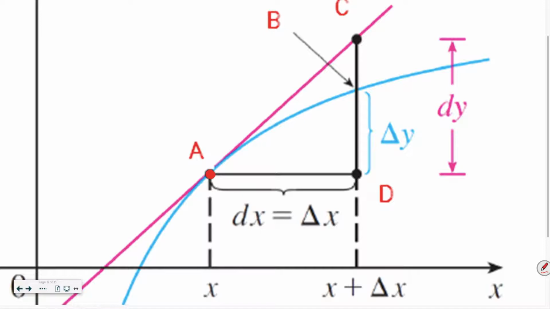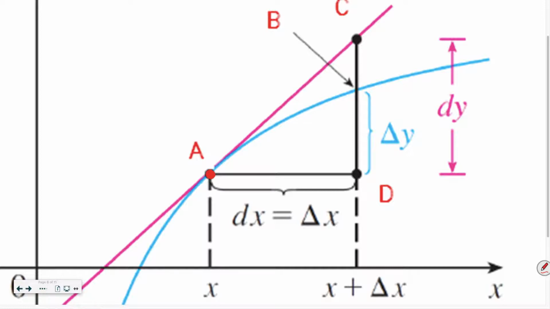So what's happening? We have a blue curve and we have a pink tangent line. We're about to go through how to use differentials. All it is, is taking a tangent line equation without actually having to write the tangent line equation. So first of all,